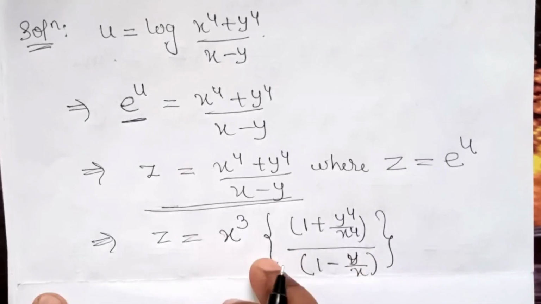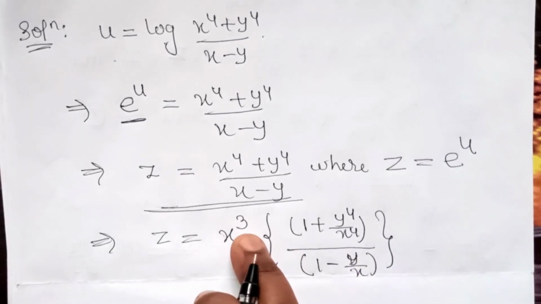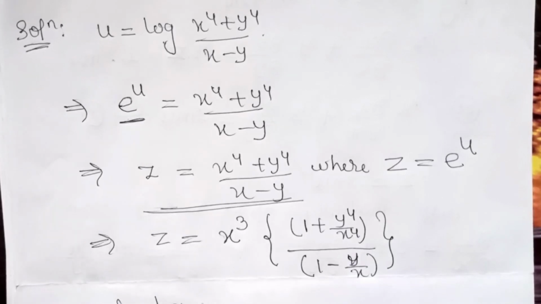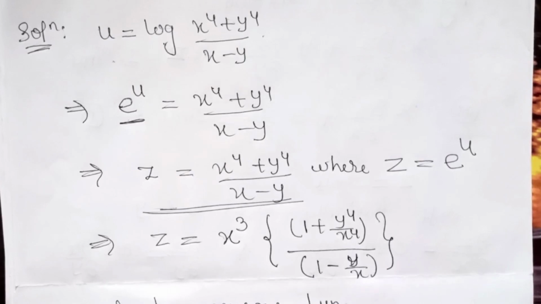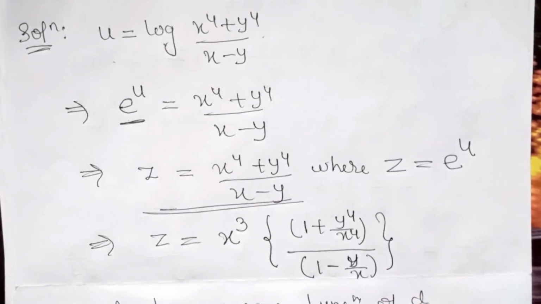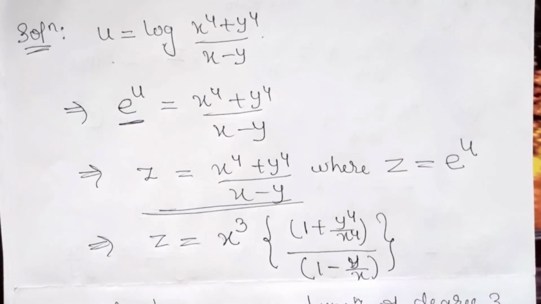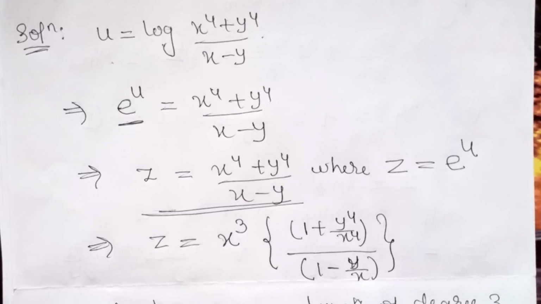So this is a homogeneous function of degree 3. So z is a homogeneous function of degree 3. Therefore, by applying Euler's theorem,